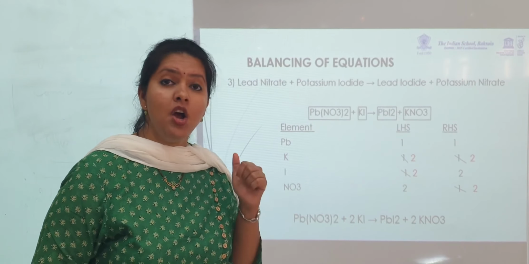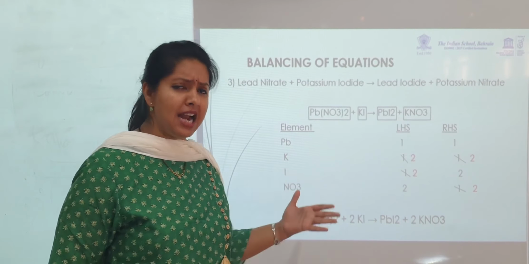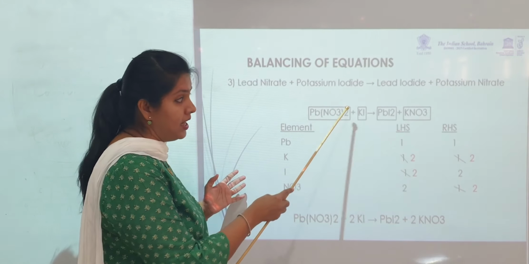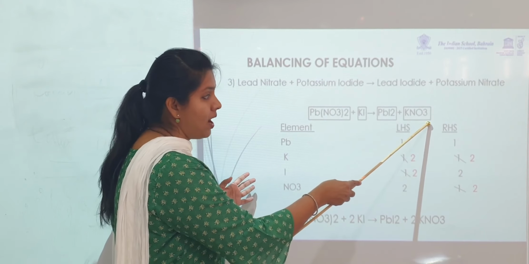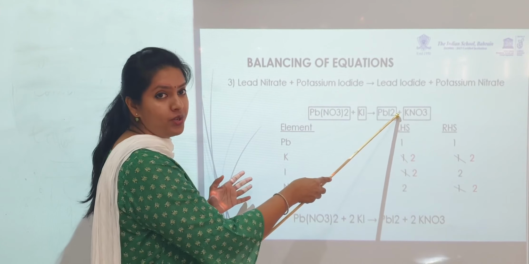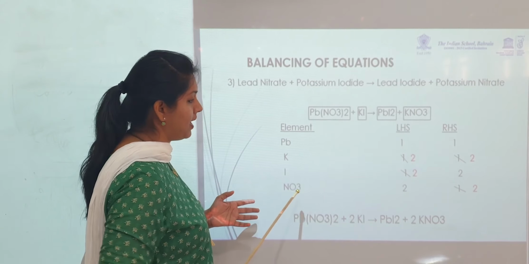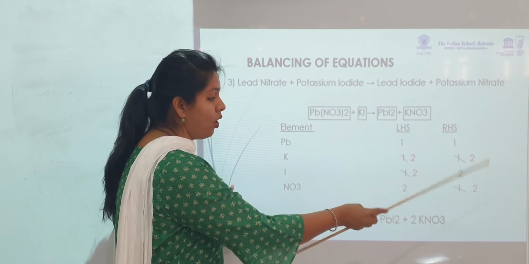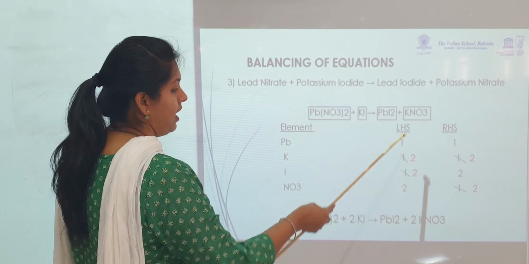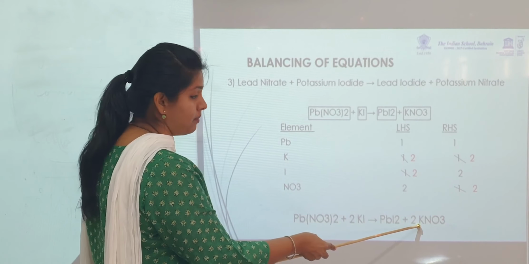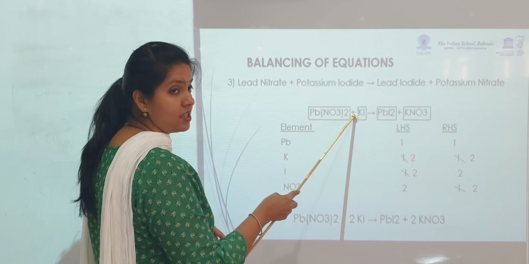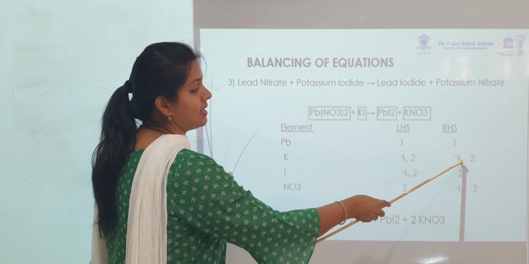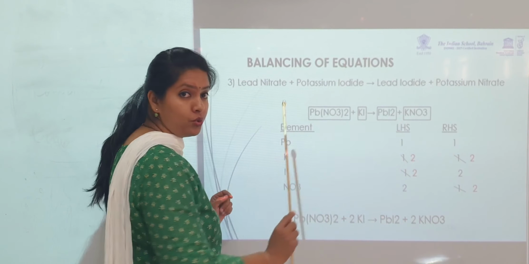Another rule, remember, whenever you have a polyatomic ion, start balancing off that first. I start with nitrate, here it is 2. Here it is 1. So I have to make this 2. I write a 2 here. Coefficient 2 here. So my nitrate on the left hand side was already 2. I made it 2 on the right hand side also. Okay, then what next? When I write a 2 here, my potassium becomes 2. So come back here, I have to make this 2. So I write a 2 here. So potassium on the left hand side and right hand side, from 1 it changes to 2 and 2.